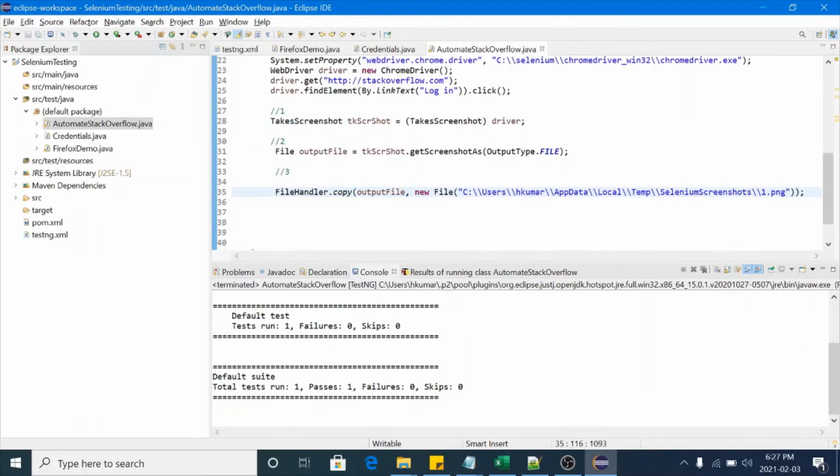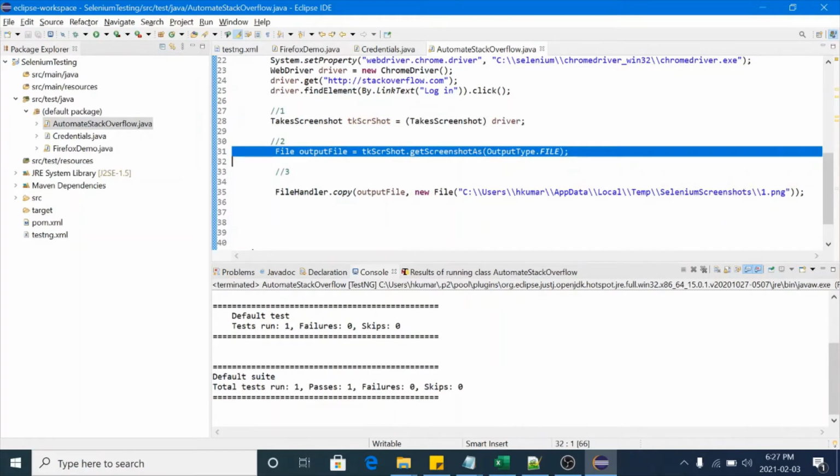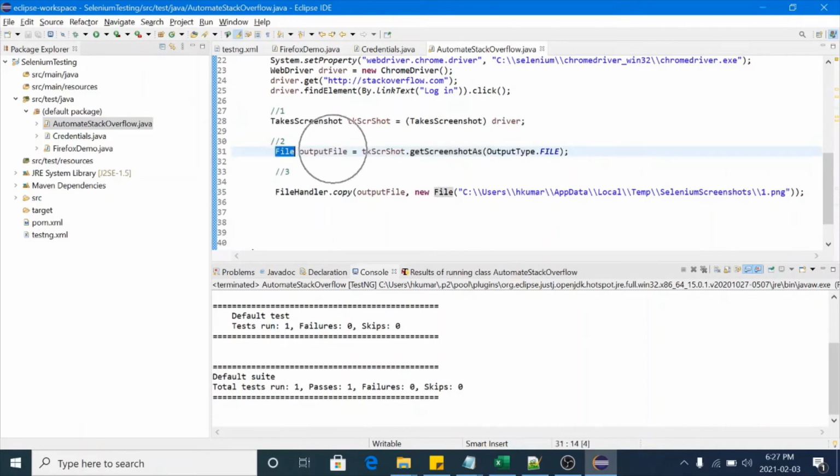Now let me show you again. To take a screenshot, we need three steps. First, we need to convert the driver object to the TakesScreenshot class, and this is the object. Second, we need to use this object to call getScreenshotAs, and the return type of the getScreenshotAs method is file, so all the output will be saved to this file. Now we have to save this file on our local machine.